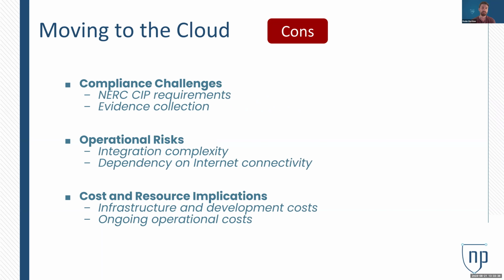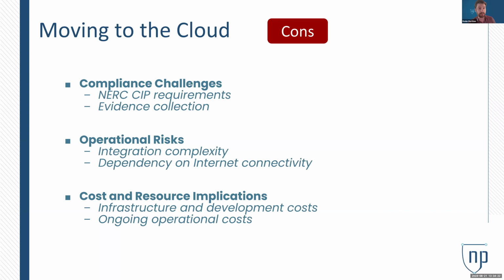Next slide. So on the other side of the scale, we're of course considering the NERC CIP requirements, looking at how the requirements have changed this year for third-party providers with the cloud. How do we ensure that none of that BCSI makes its way to our cloud-based solution, and then being able to provide evidence of limiting access to any type of data that could be BCSI. What are the risks in terms of CIP compliance for our customers to ensure that they have all the data they need for an audit?